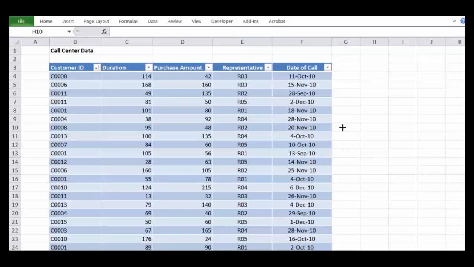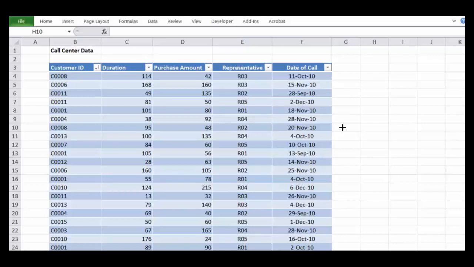In this video session we are going to cover the concept of pivot table. Pivot table is a very useful tool to summarize the data, to analyze the data. If you have a huge data set, using pivot table you can easily slice and dice the data so that you can get the data as per your requirement.